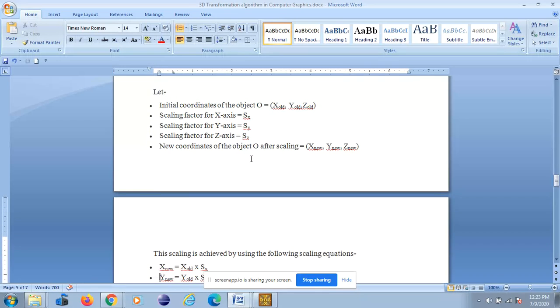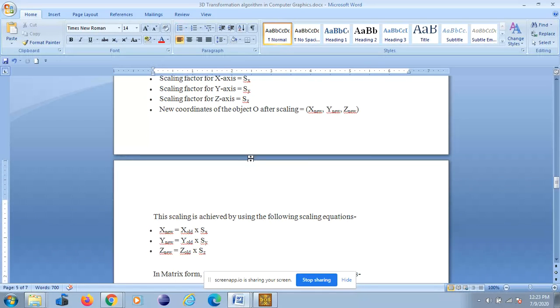This scaling is achieved by this equation: after scaling, the new value along each axis x, y, and z is the old value multiplied by the scaling factor.